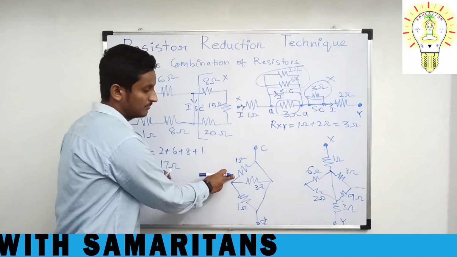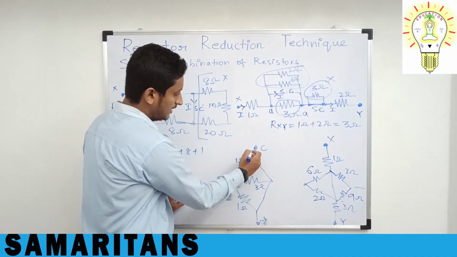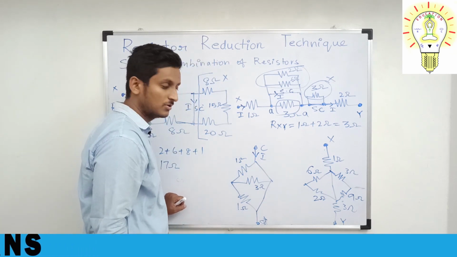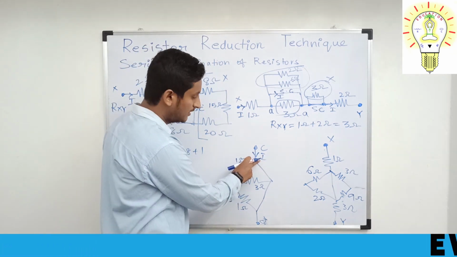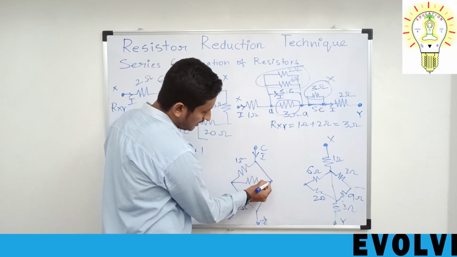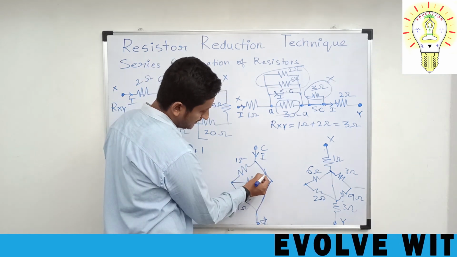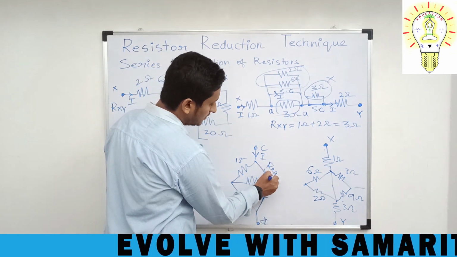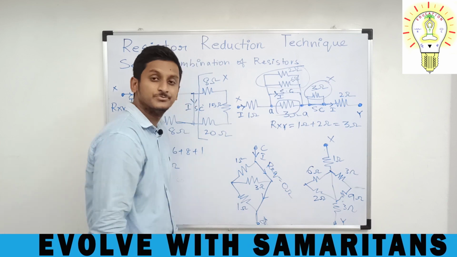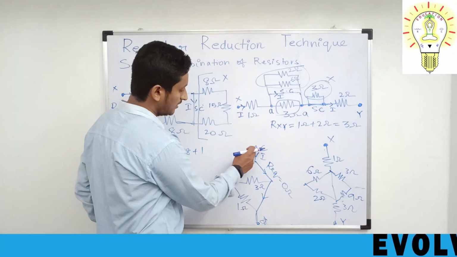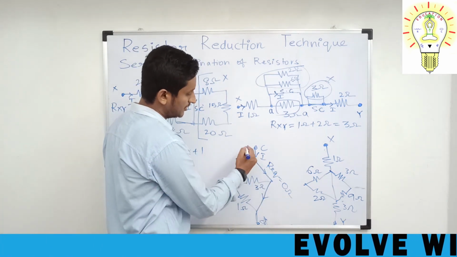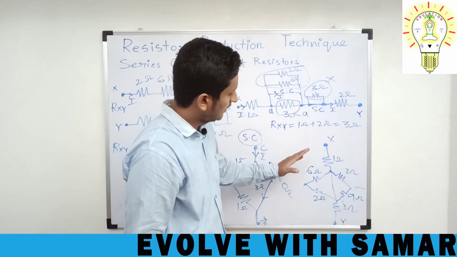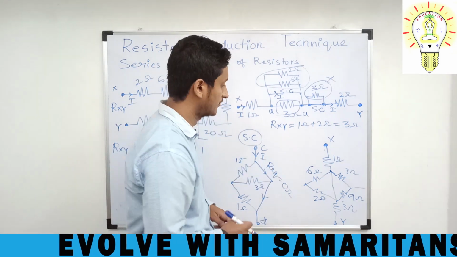Now this problem, let us look at this. I have to take current I. From where will the current flow? It has to flow from here. Again the entire current will try to pass from here. So R equivalent is equal to 0 ohms. You got it? These all are in series. So this is a dead short circuit. Got my point?